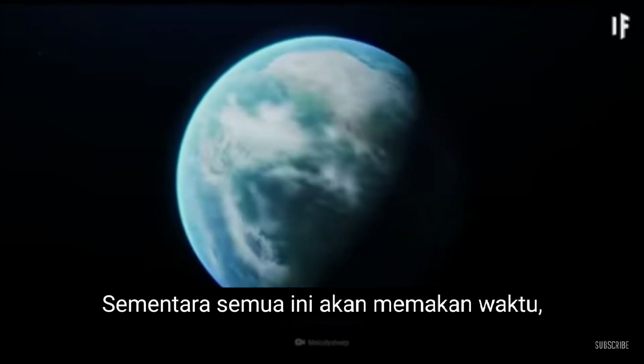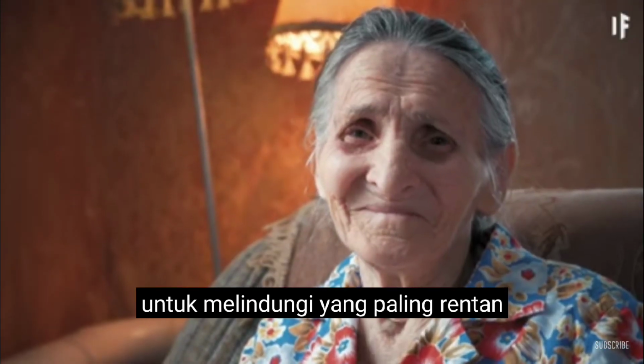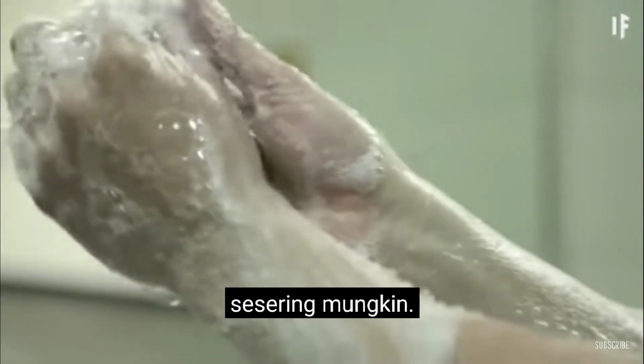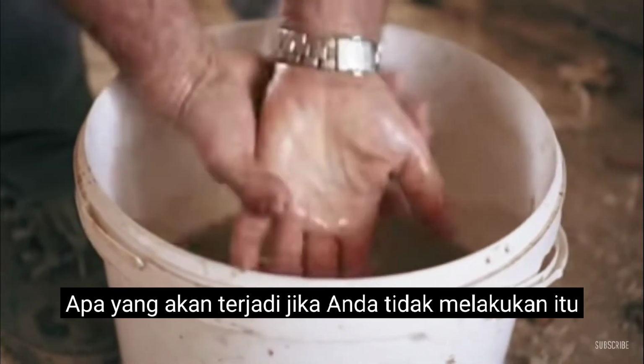While all of this will take time, stay home if you can, to protect the most vulnerable. And don't forget to wash your hands for at least 20 seconds and as often as possible. Now, what would happen if you didn't do that? For an entire year,